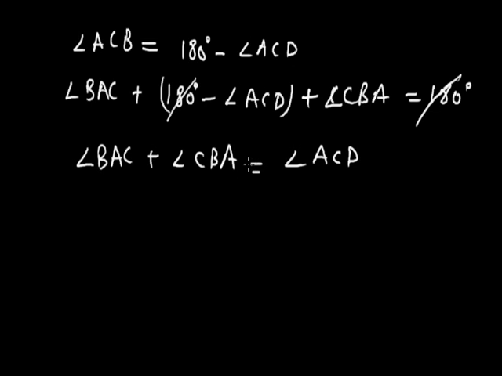This is what we had to prove, and we have proved that the exterior angle which is obtained by producing a side of a triangle is equal to the sum of the two interior opposite angles. Angle BAC and angle CBA are angle A and angle B respectively, or the interior angle A and interior angle B of triangle ABC. So we have proved the exterior angle property for a triangle, which states that if in a triangle a side is produced, then the exterior angle obtained is equal to the sum of the two opposite interior angles. We will see some examples based on this property in the next lecture.